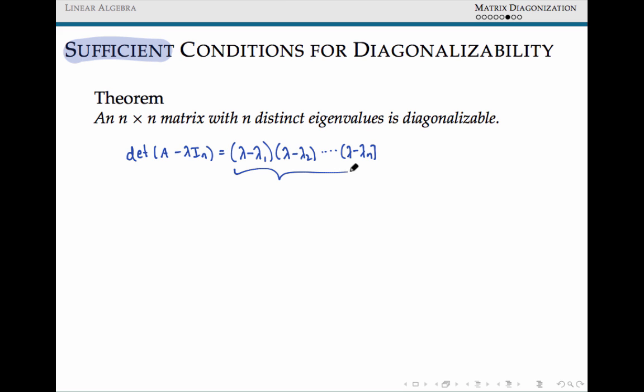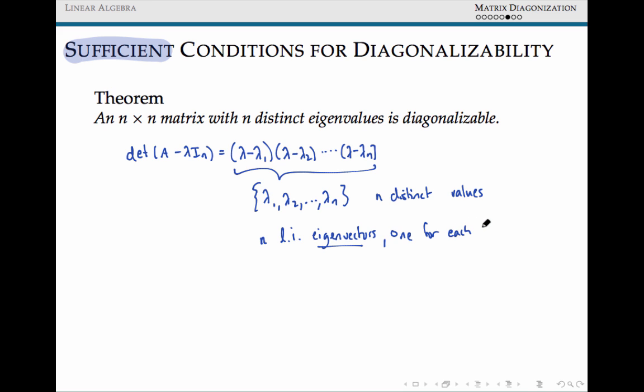If this set of lambdas, lambda 1, lambda 2, through lambda n, has n distinct values, since each eigenvalue has at least one eigenvector, and in this case at most one eigenvector, this will guarantee that we're going to have n linearly independent eigenvectors, one for each lambda i. So I'm going to omit this proof here, but this will be one, again, sufficient but not necessary